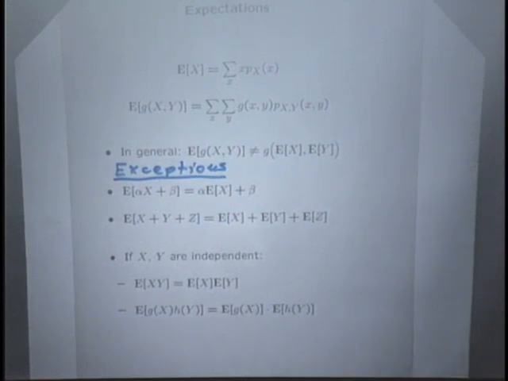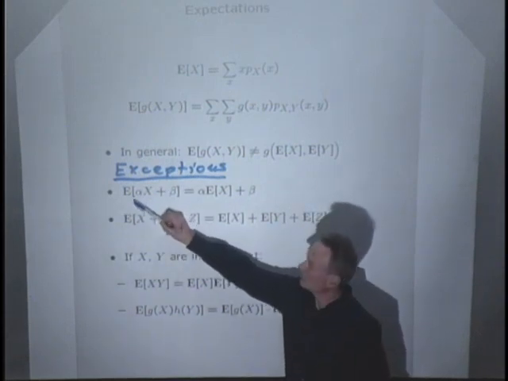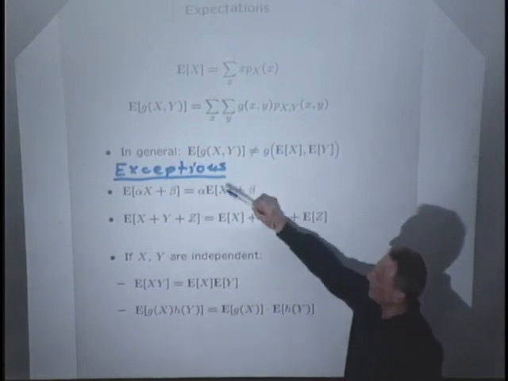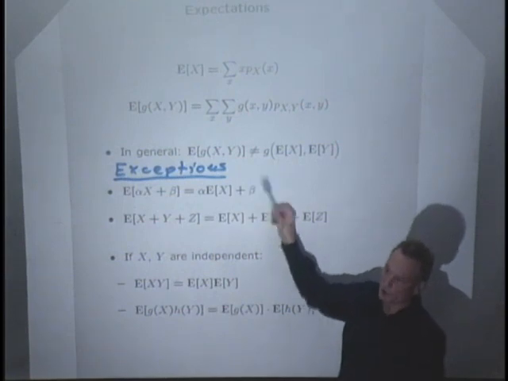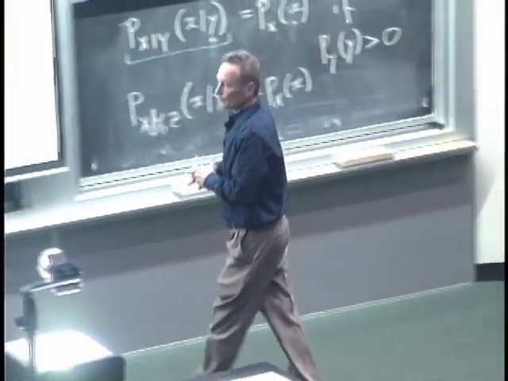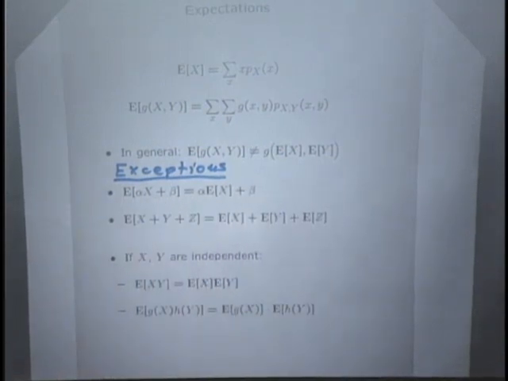One is the case of linear functions of a random variable. We discussed this last time. So expected value of temperature in Celsius is you first find the expected value of temperature in Fahrenheit, and then you do the conversion to Celsius. So whether you first average and then do the conversion to the new units or not, it shouldn't matter when you get the result. The other property that turns out to be true when you talk about multiple random variables